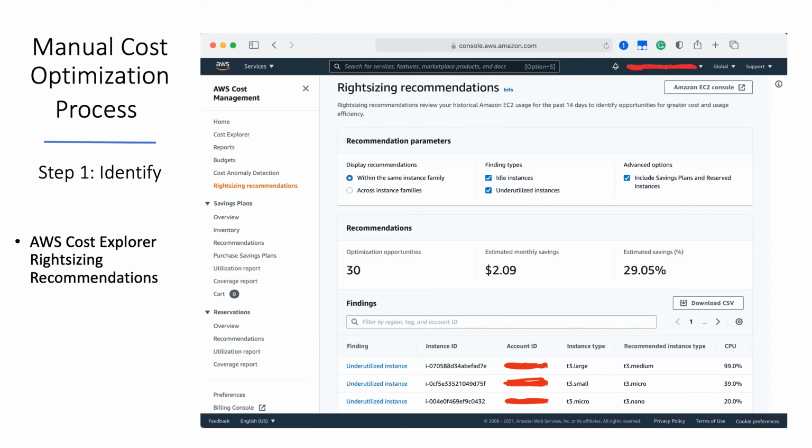So the other tool that I probably use the most, and I suspect is the true one for Greg, is this: when we look to commit a certain dollar amount for a certain amount of savings, there can be quite a bit of manual effort involved in keeping track of that. And AWS has a tool, the Cost Explorer's right sizing recommendation, that can help you evaluate on a per instance